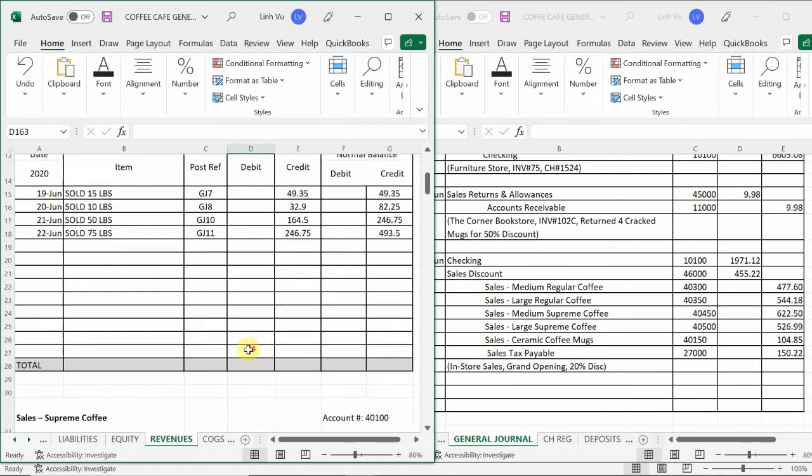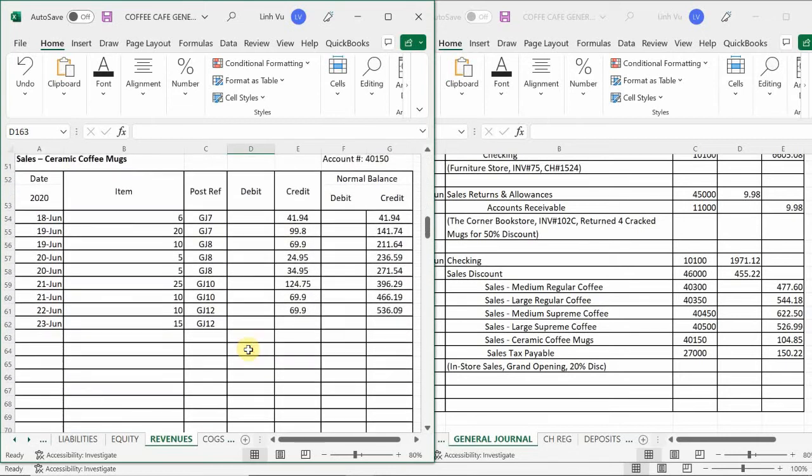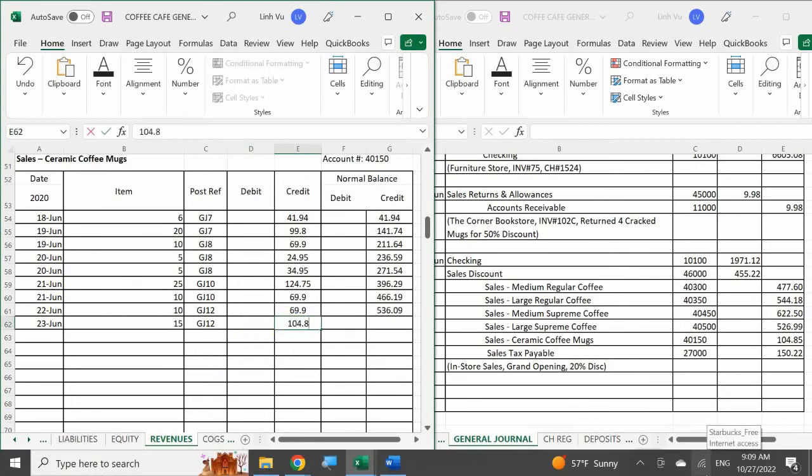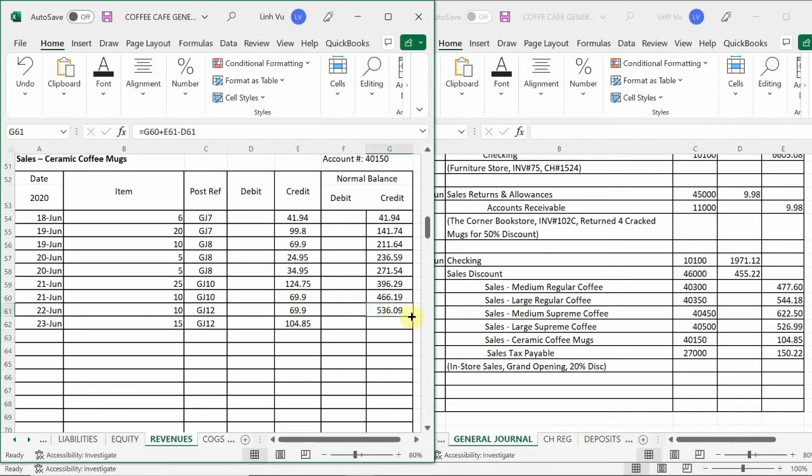So where were we? Ceramic coffee mugs. Okay, ceramic coffee mugs. We sold 15 of them for how much? 104.85, which gives us a grand total of 640.94. Okay, good. And last but not least, Sales tax payable,